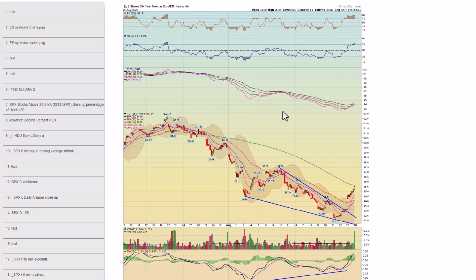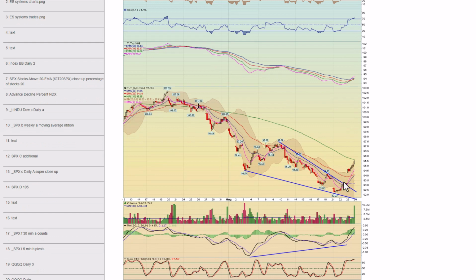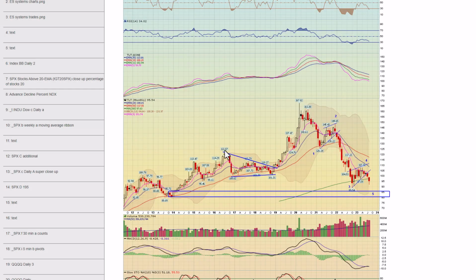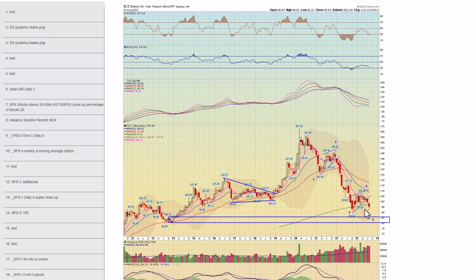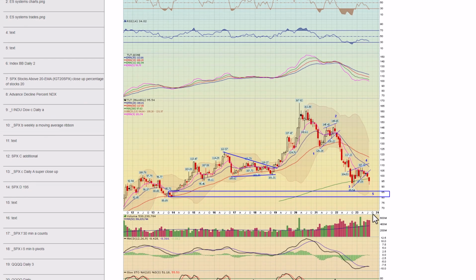Chart 57, here's the 2-hour view, further evidence that this was going to bounce. You had a nice wedge here on the 2-hour. It's been playing out. And finally, chart 58, here's the monthly view of TLT. Even though TLT is rallying right now, one thing to keep an eye on, this bigger picture, this potential 5 waves. I do think this still could play out. Once the bounce is over in TLT, it may want to work down to something like this. There's a big demand zone down here, wave 5.